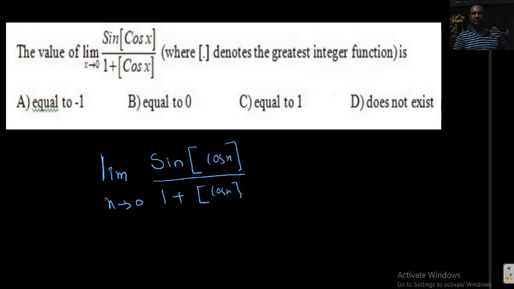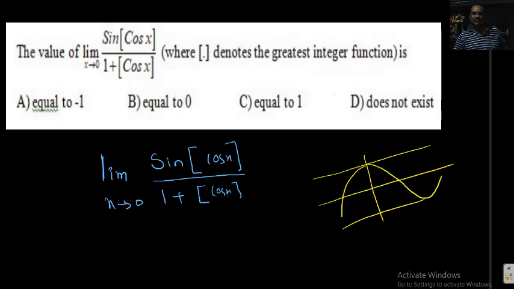Students, first of all, I want to explain this through the graph of the cos function. This is the graph of the cos function. X is tending to 0, then what happened to cos x? Cos x is tending to 1, not equal to 1 now. X equal 0, then cos x equal 1. X is tending to 0, cos x is tending to 1, not equal to 1. I will show you. If x is here, the corresponding y is here. So x is here, the corresponding y is here.